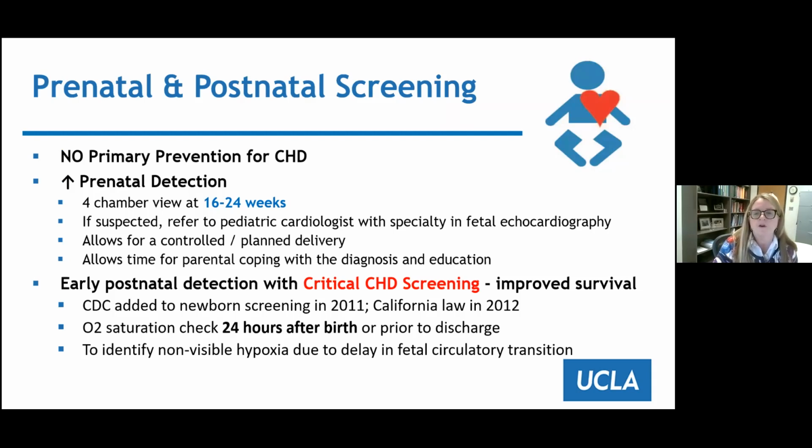If they are unable to see the main structures of the heart, and typically in the fetus we want to see that there are 4 chambers, that the aorta is coming off of the left ventricle, and the pulmonary artery is coming off the right ventricle. Sometimes we can't see little nuances such as holes in the atrial or ventricular septum, but we can see major structural issues. If it is suspected, the obstetrician will refer that mother to a pediatric cardiologist that specializes in